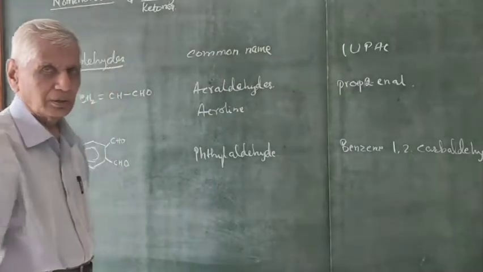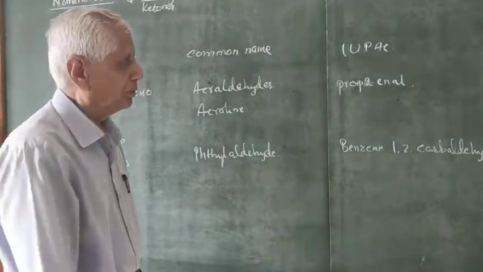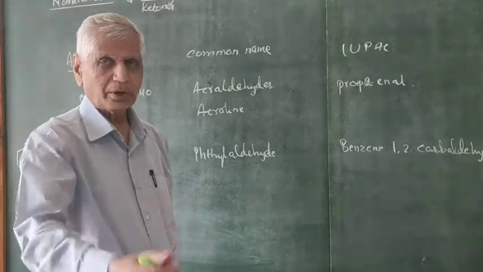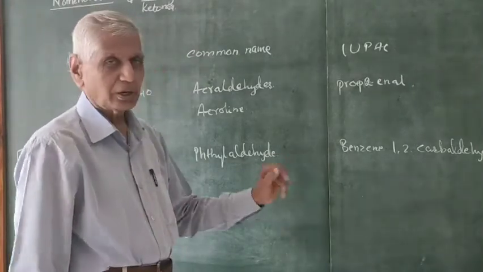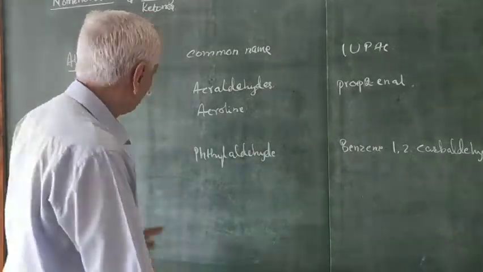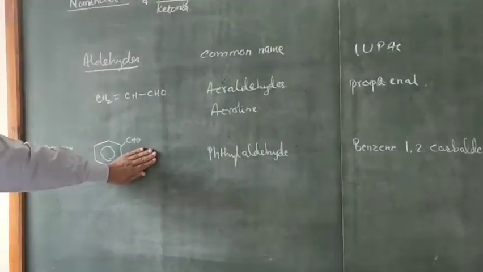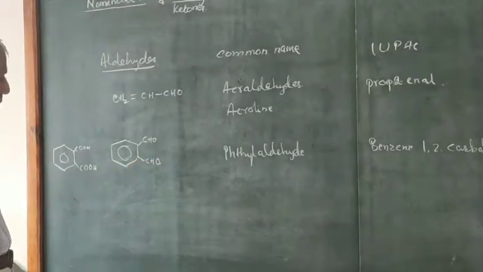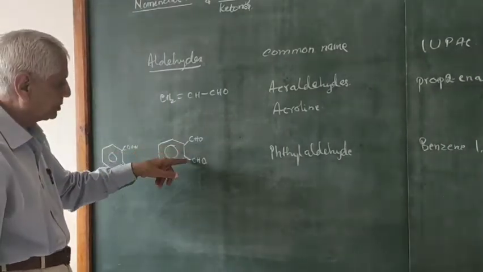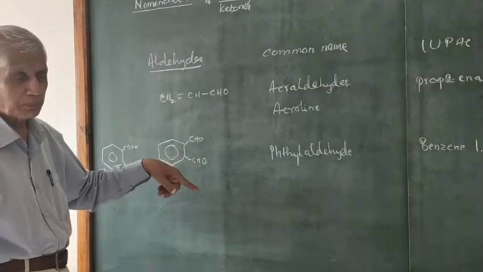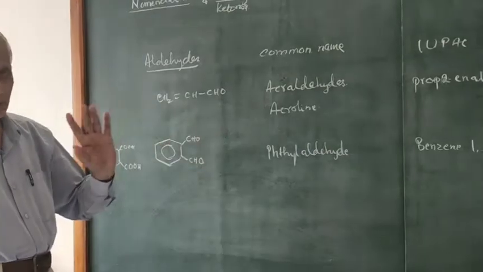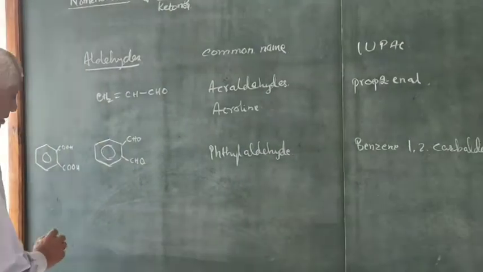I mentioned that in aromatic compounds, when the CHO group is attached to the ring, as I told you last time, it is called carbaldehyde. This one is benzene carbaldehyde, and this is benzene-1,2-carbaldehyde. That is, the first carbon and the second carbon of the benzene contain the CHO group. Therefore, it is called benzene-1,2-carbaldehyde. It's the exact name. Similarly, this compound,